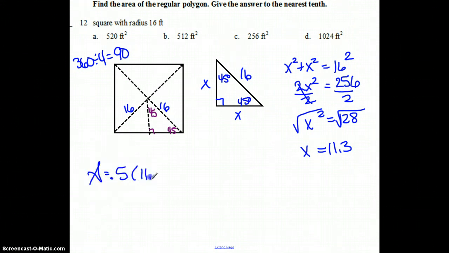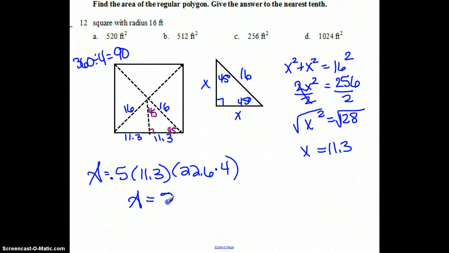Now the apothem is 11.3. And remember, this means that this side is 11.3, and this is too, so I have to total that, which means that this whole side is 22.6, and there are 4 sides like it. So if I were to put this in my calculator, my area ends up being 510.76 feet squared. So back up here,